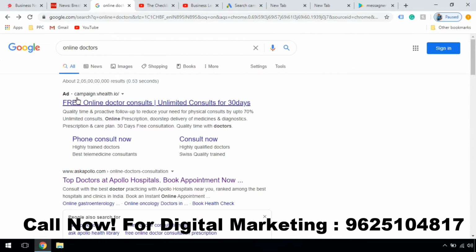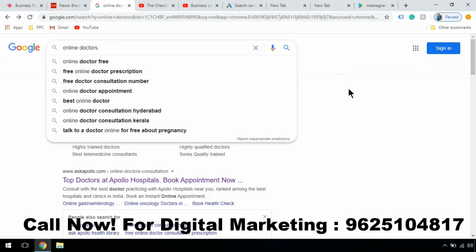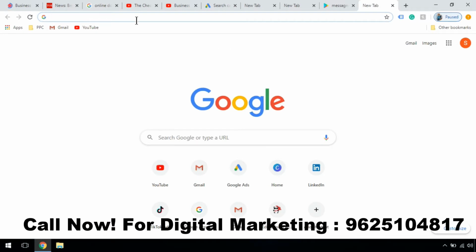There are two types of traffic which we generate through Google search. One is organic and another one is inorganic. Google Ads comes under inorganic traffic, and the traffic which comes through SEO is called organic traffic. Now you can see the ad is here in the search results. So whenever we advertise on the search network, our ad will appear on the Google search engine results, as well as on the Google Play Store. Let's go to my phone screen and then we can see how the ad will appear on the Google Play Store.